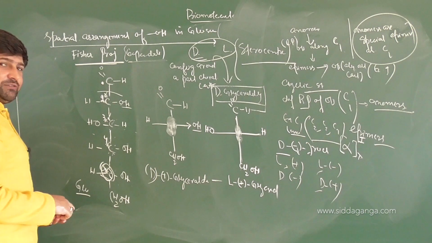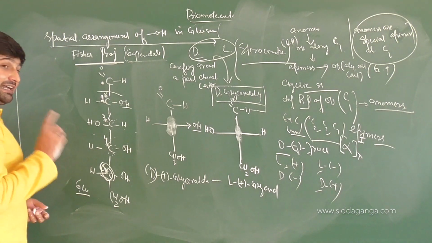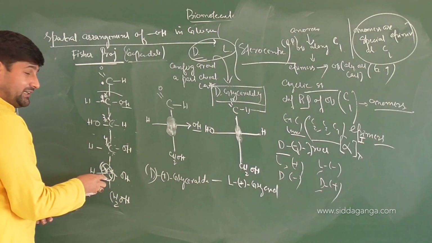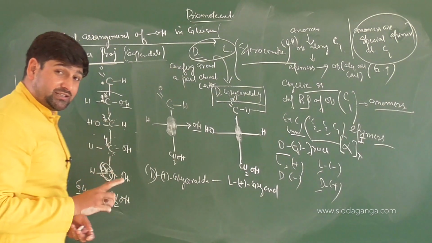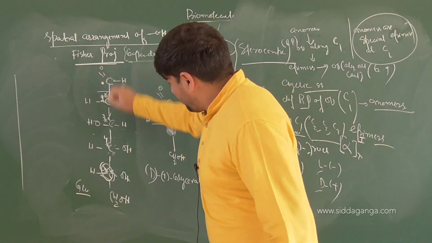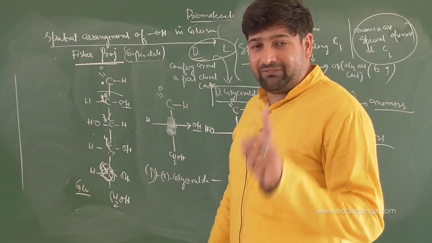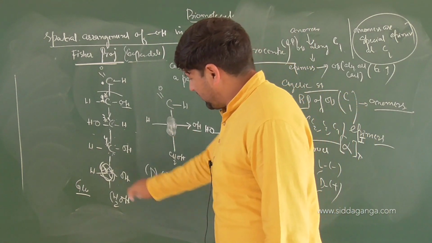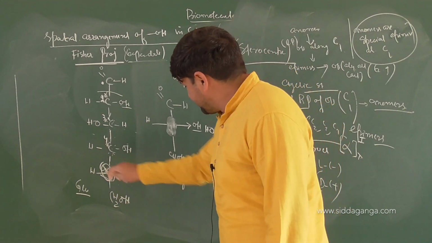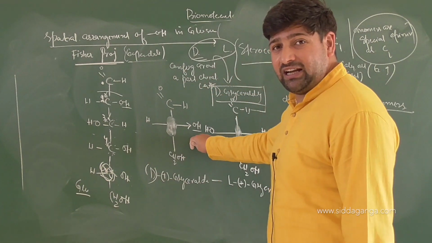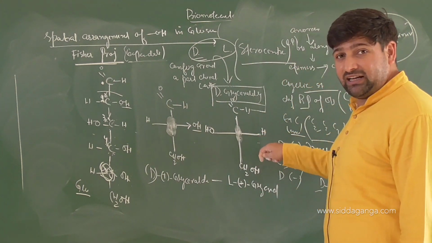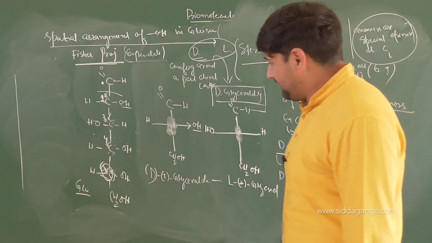So in general language, you should say it like this: that particular chiral center which is farthest from the primary functional group. Have a look at the relative position of OH around that chiral center. If it is matching with D-glyceraldehyde, it is the D form of glucose. If it is matching with L-glyceraldehyde, it will be the L form. Clear or not?